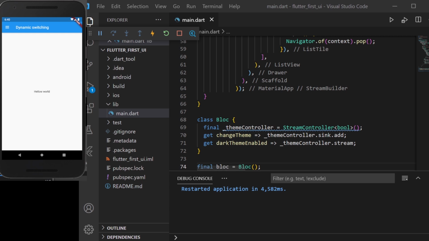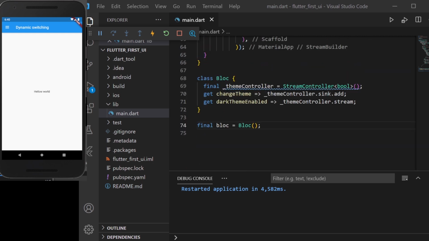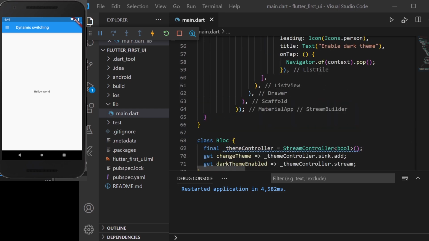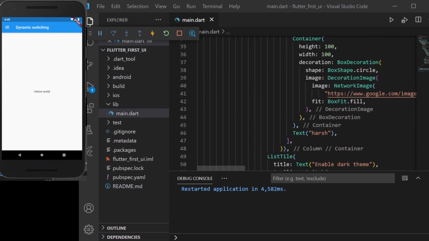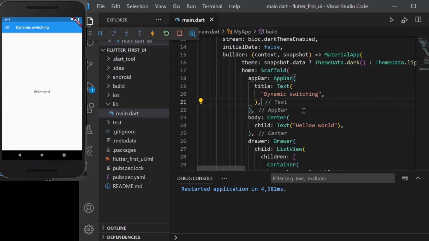Now we'll be seeing the next part of our session, which is adding the top three dots, which you must have seen in various different applications. Those three dots can contain various functions which you want. Most of the time they contain functions related to logging out a user, or transferring a user to a new screen, which is a settings screen. So let's see how we can implement those three dots.